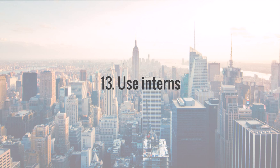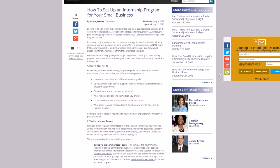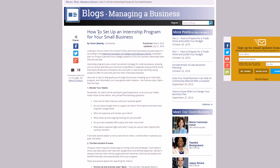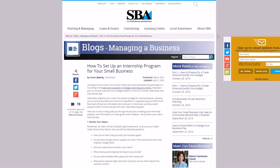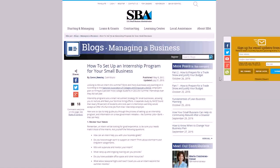You can save a lot of money by getting them to do different tasks for your business. If you want to set up an internship program for your small business, help people trying to figure out what they want to do out of college and things like that, you can go to the SBA website, which is the U.S. Small Business Administration, and they have an article here called "How to Set Up an Internship Program for Your Small Business." You can just go through here and it will tell you basically what to look for, what to do, where to go, what to consider before you go down this route, because it's definitely something to take very seriously. But it can really help your business by getting cheaper labor and helping out some young people that need the